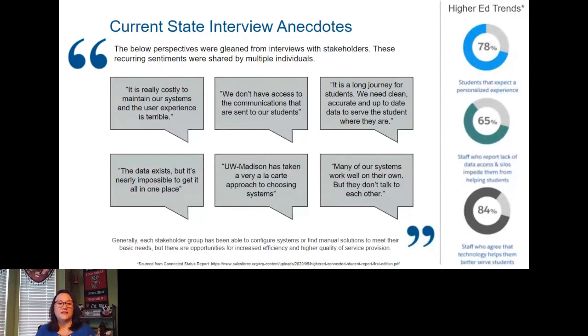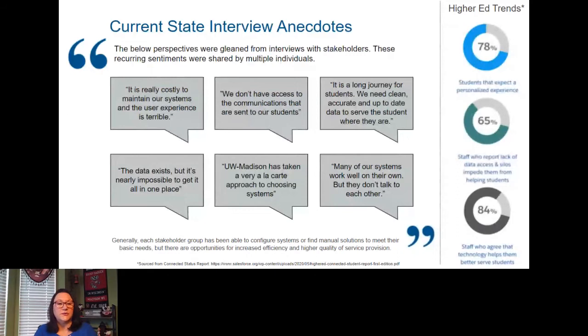We've got all these different systems, and then within your schools, colleges, and divisions, they've got their databases, they've got spreadsheets. So we're still siloed, and all of our stakeholders, they really understand this. So how do we bring this together? How do we enable that collaboration and that unified data approach?